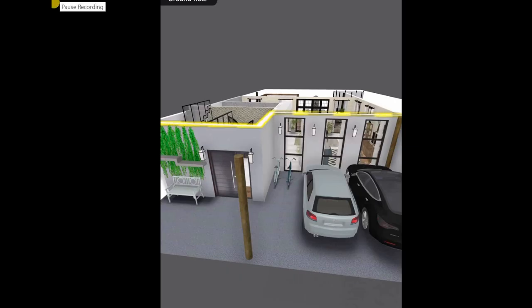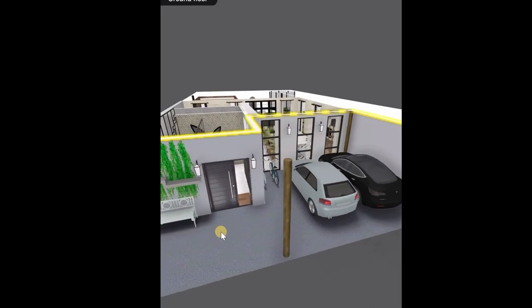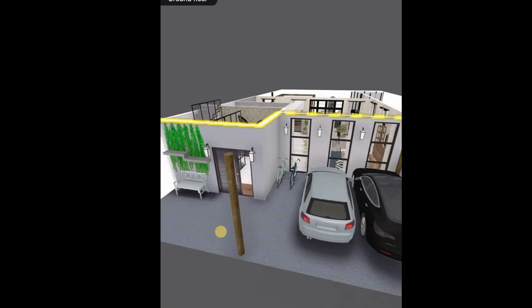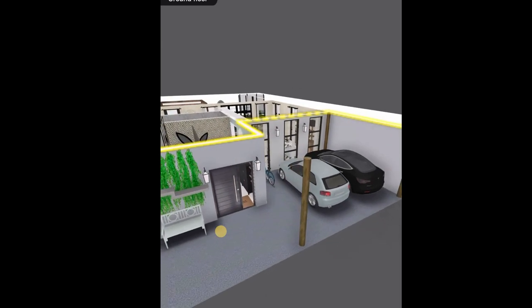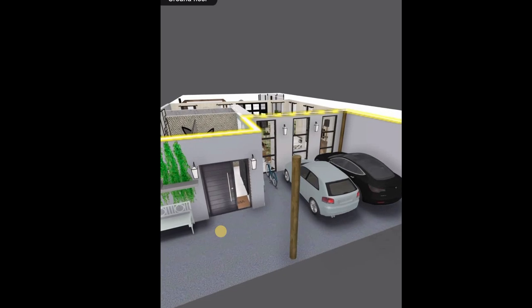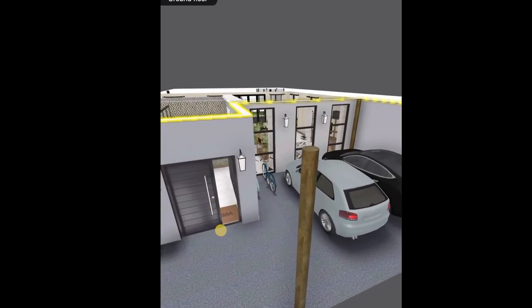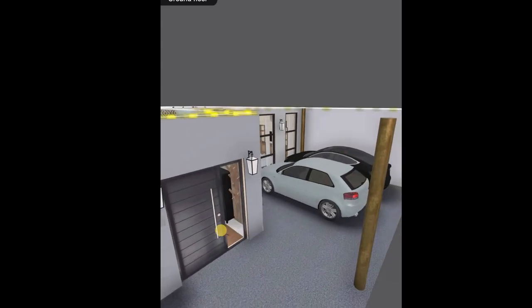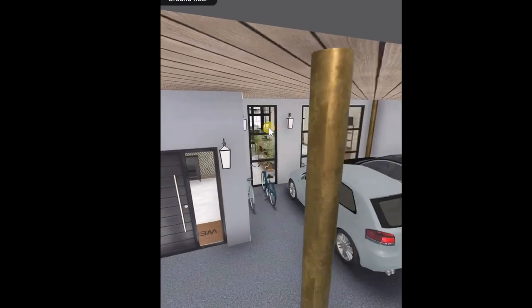So let's discuss it with an example. This is the front yard of the villa, which is designed with two circular columns of 12 inches diameter. The house front has been designed with a garden bench, which also includes hanging vines on the front main door wall. A huge wooden door is designed with a ventilation side window. Also, the other front wall is designed with high glass windows, as you can see in the view over here.